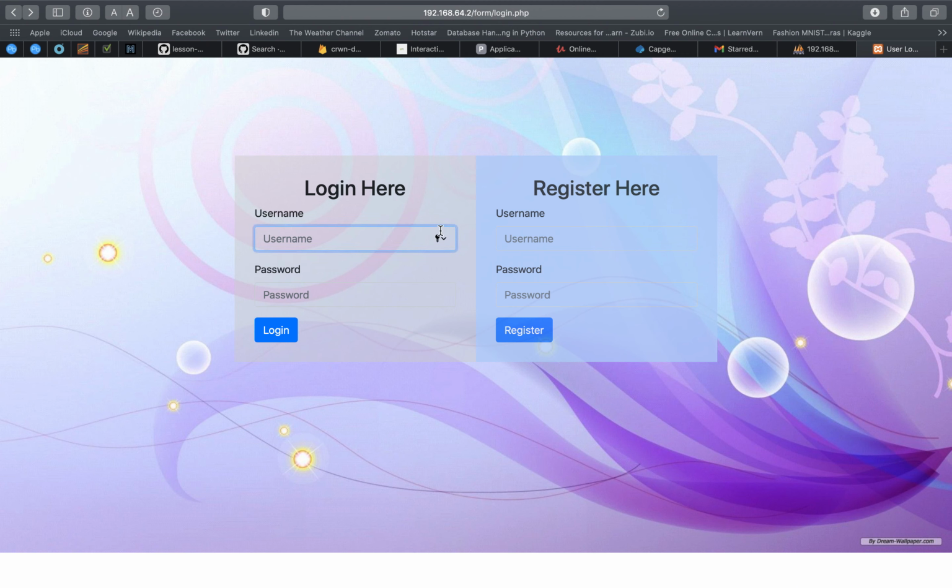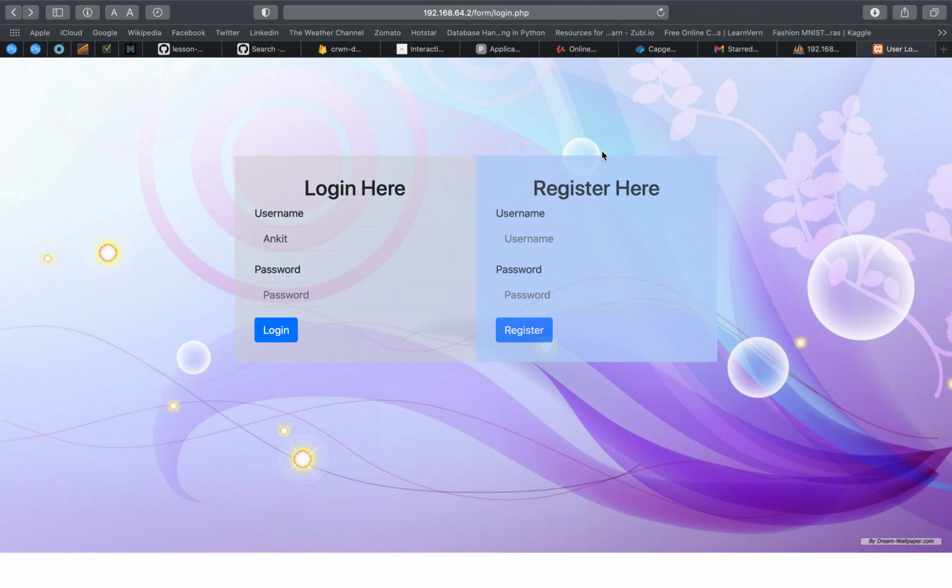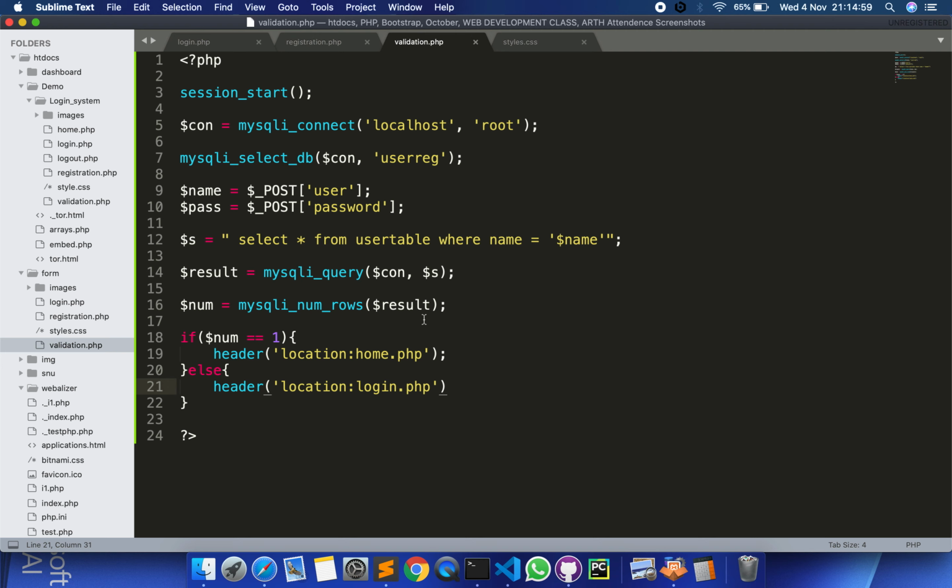We need to log in. I can log in with mine, but nothing will happen since I haven't done anything yet, so it is showing some kind of error.